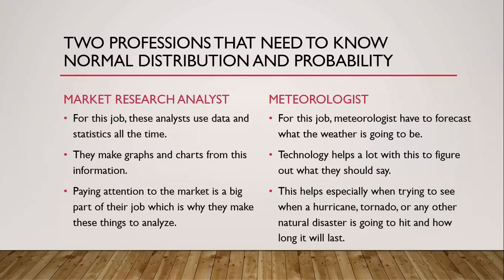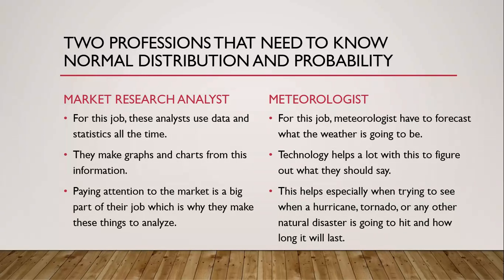The two professions that need to know normal distribution and probability are market research analysts and meteorologists. For a market research analyst, they have to use data and statistics all the time. They make graphs and charts from this information and also have to conduct interviews about the market and see how everything is going and pay attention to their competition. It's a big part of their job, which is why they have to analyze these things and use probability